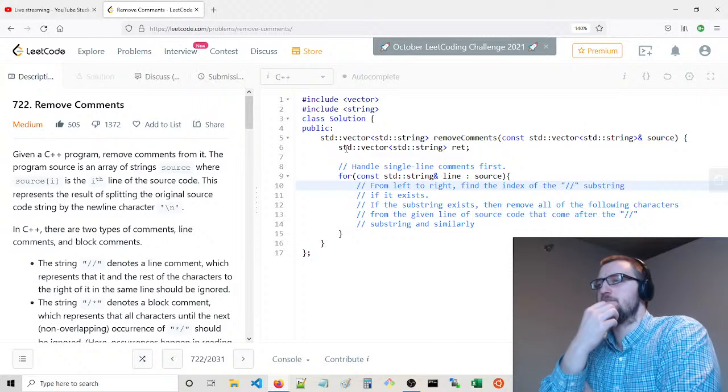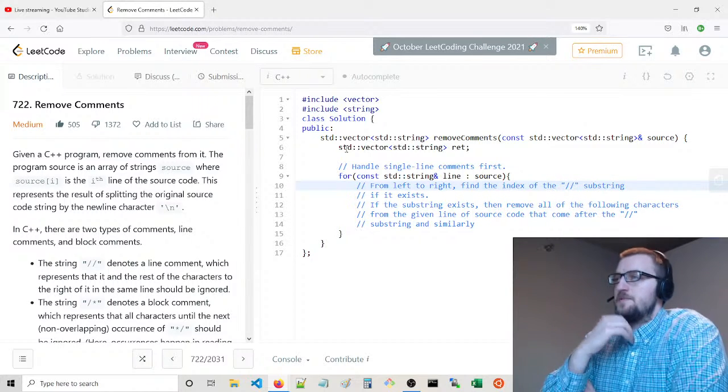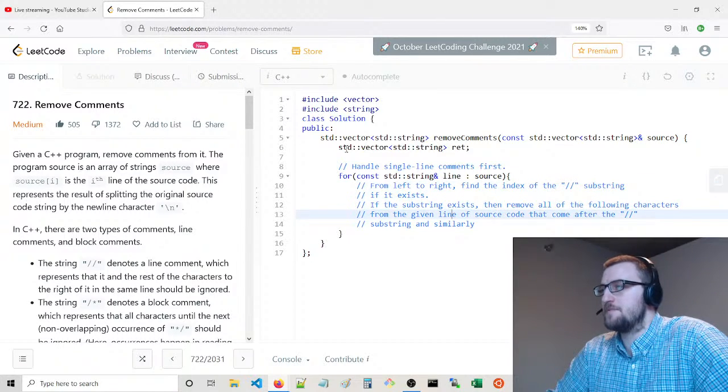Interesting. Okay. Index of this substring, if it exists, then remove all the following characters from the given line of source code.